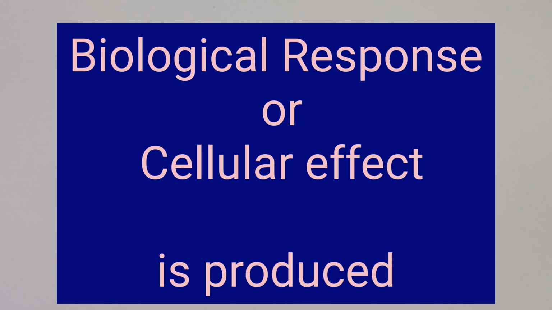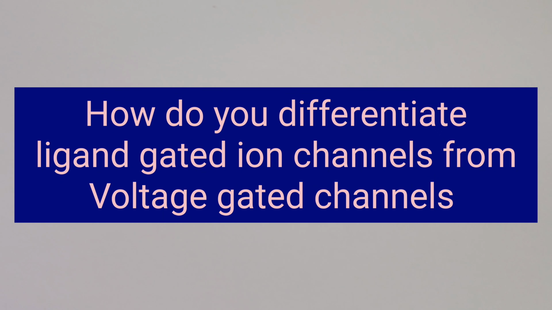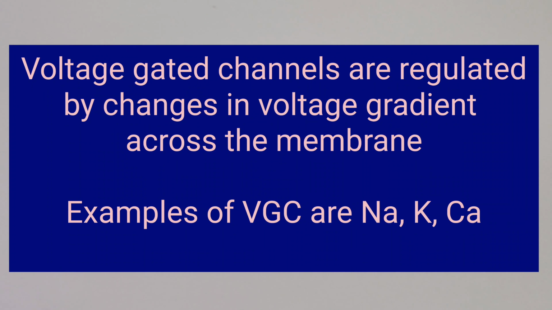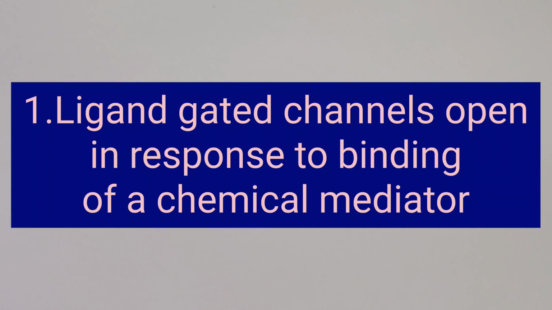So how do we differentiate ligand-gated ion channels from voltage-gated channels? In voltage-gated channels, the opening of the channel is regulated by changes in voltage gradient across the membrane. Examples of voltage-gated channels are sodium, potassium, calcium and so on. Whereas a ligand-gated ion channel is a receptor which operates through the opening of a channel in response to binding of a